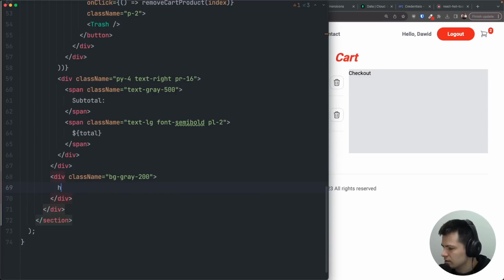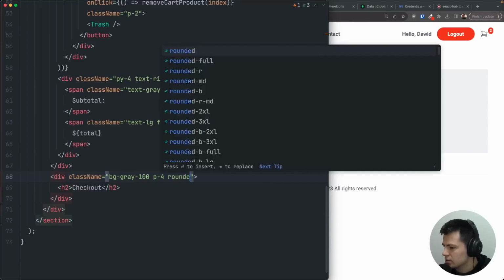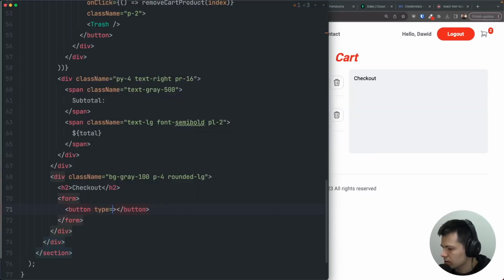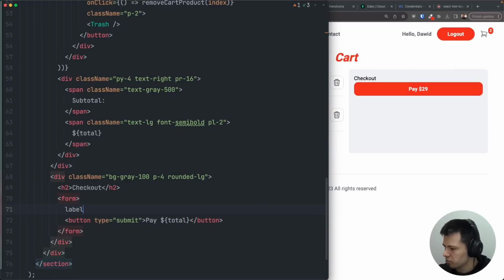Let's put this as an H2 checkout. And here I'm going to make it whiter, like 100. Let's add a padding of 4. Let's add the rounded of large, so rounded corners. And the whole thing will be a form, of course. On the bottom we'll have a button of type submit, and it will say pay, and then the total like this for now. And in between we want to have some labels